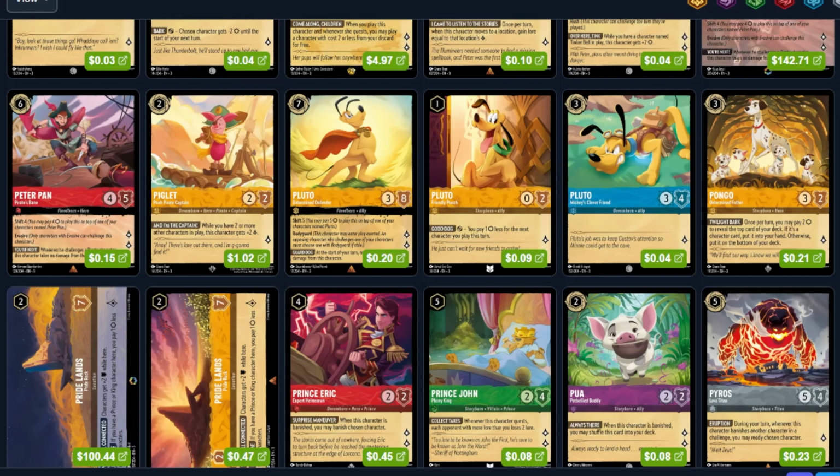Unfortunately, small Pluto, the blue, is not going to see any play whatsoever as well. Unlike Pongo, Pongo does see, again, very specific decks. You don't have to play a Dalmatian deck to